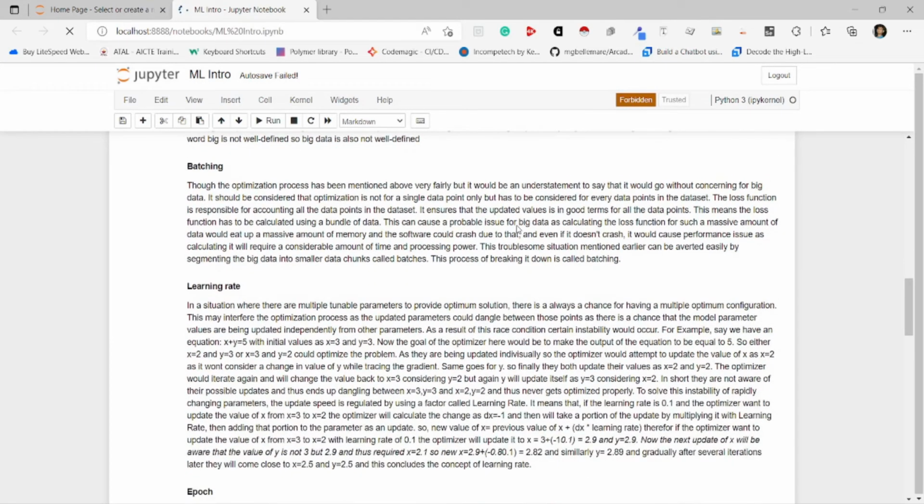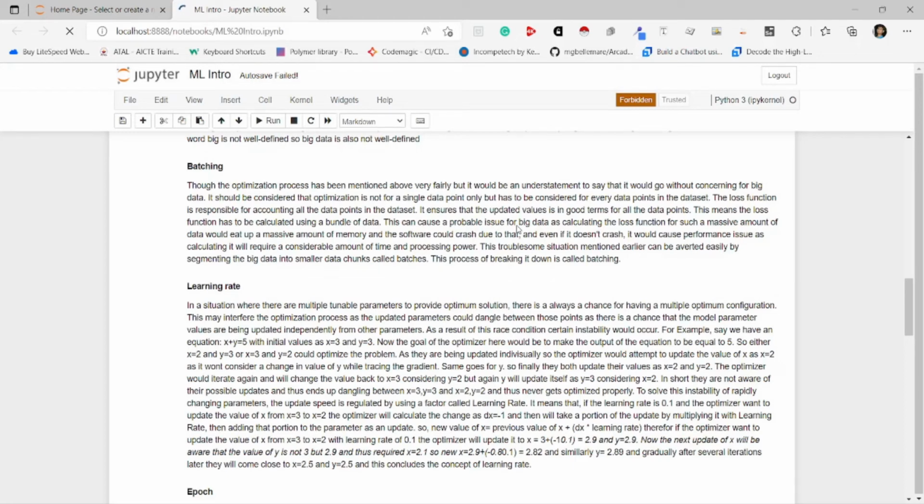In situations where there are multiple tunable parameters to provide an optimum solution, there is always a chance of having multiple optimum configurations. This may interfere with the optimization process, as the updated parameters could dangle between those points, as there is a chance that the model parameter values are being updated independently from the other parameters. As a result of this race condition,